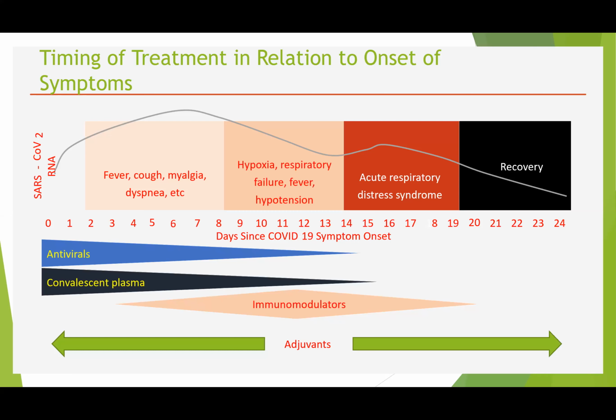Now the US also made a rule that when a patient is admitted to the ICU or any hospital, remdesivir has to be given immediately. Because if you use antivirals earlier, the viral load will decrease, macrophage activation syndrome will decrease, and the inflammatory phase will decrease. So as early as possible, you have to start antivirals. Convalescent plasma starts around 10 to 11 days, immunomodulators come after 12 days, and adjuvants from the early stages.